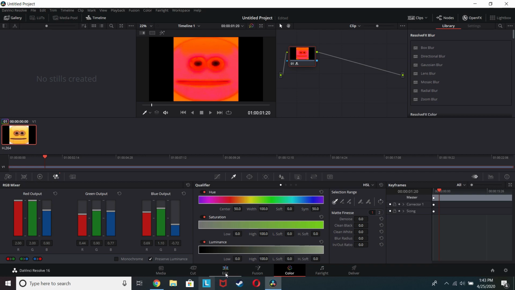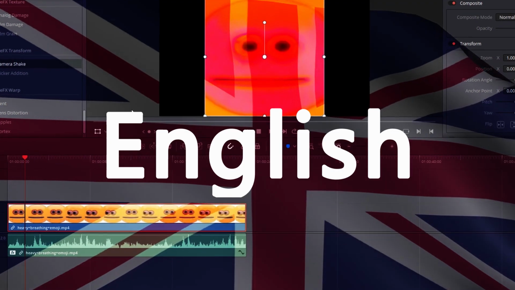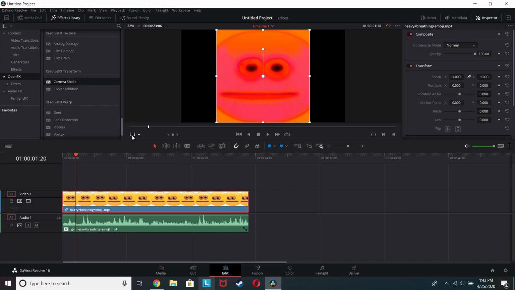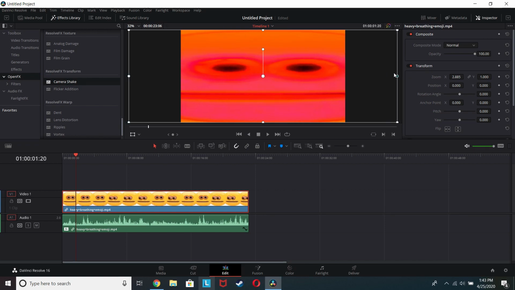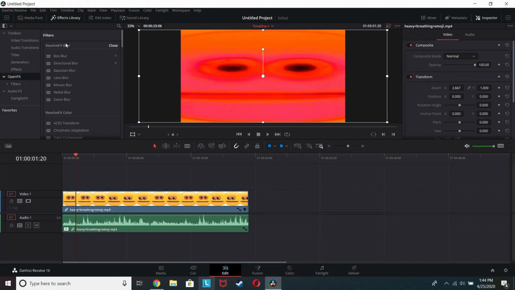Once you do that, you're going to edit mode again. And after you're here, you're going to be clicking on this icon right here, so then these lines appear. This is optional, but if you want to do it, you can. What you're going to do is take this and stretch it out, so then it looks a bit distorted, I guess. Okay, so what you're going to do is go into your effects library,